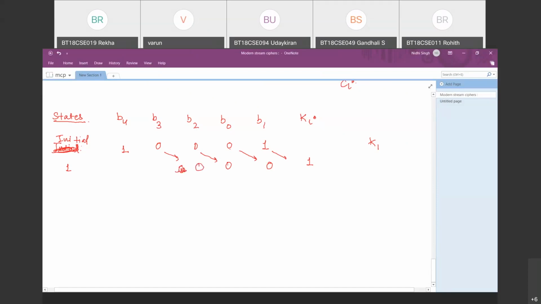Okay. Here it is 1. And now what is the value of B4? B4 will be the XOR of B0 and B1, right? So अभी क्या आएगा B0 and B1? 0 and 0, so outcome will be 0. So from this you can see the value of K1. क्योंकि initial state में 1 है, means we are generating K1 value as 1. ठीक।